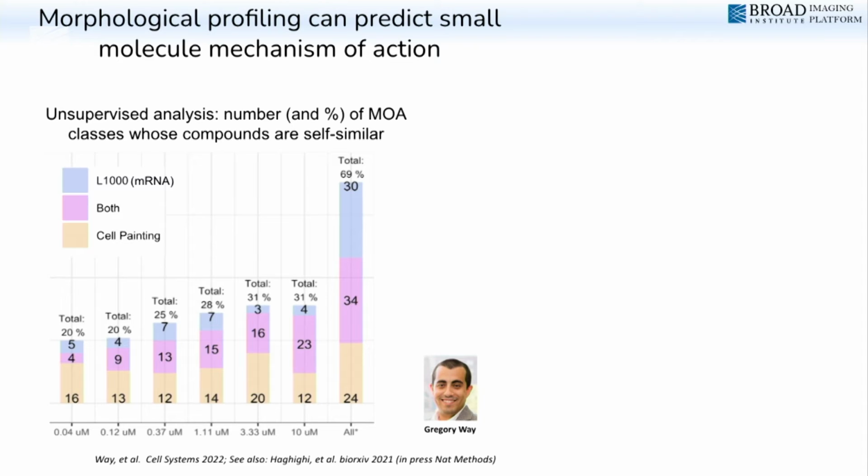We profiled about 1,500 compounds, mostly FDA-approved drugs from the Broad Drug Repurposing Library across doses, and we found that across these 2 assays, compounds in about 1/3 of the mechanisms that we tested were significantly tightly clustered. So in this analysis, we found that morphology was consistently higher than L1000 in terms of the number of mechanisms it captured. You can see the orange being taller than the light blue in the plot, with the dark blue